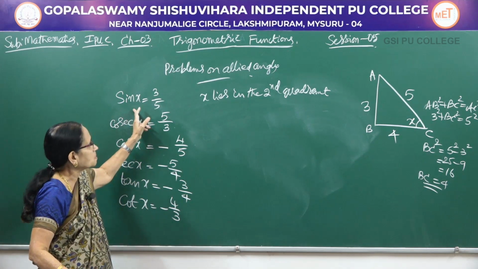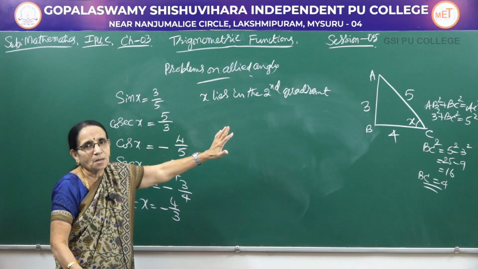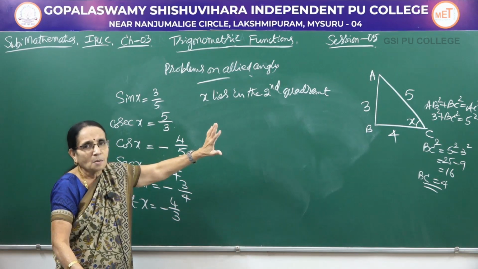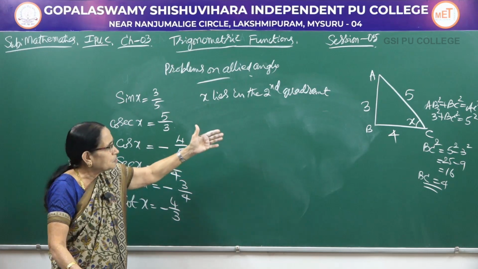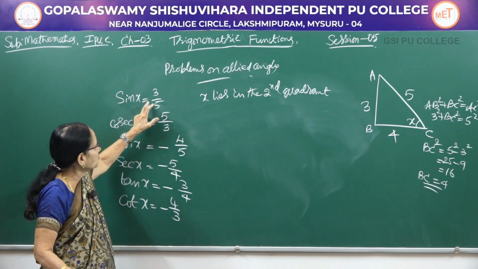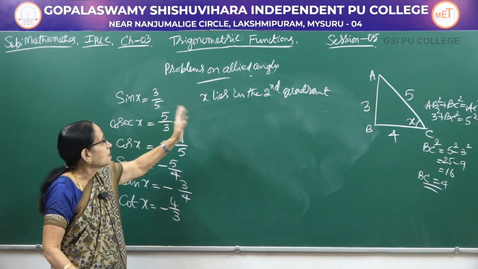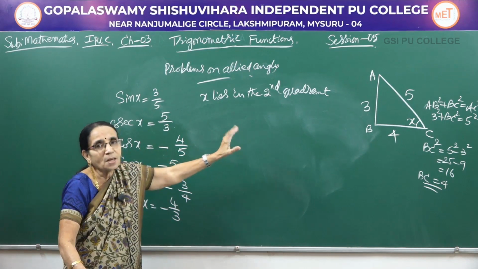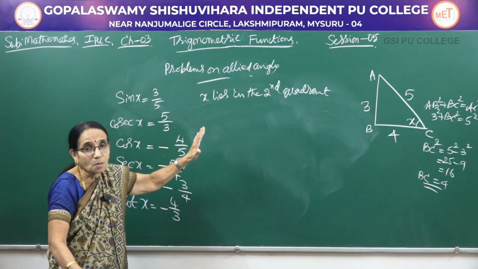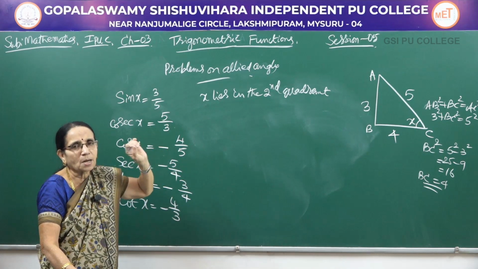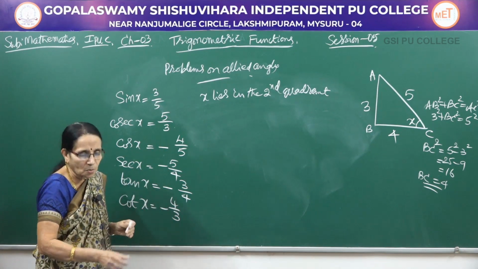So one ratio is given. Now suppose it is given as minus here. In the figure, don't write the minus sign. Of course the hypotenuse is always a positive quantity, either the opposite or the adjacent would be negative. So that may be a little bit confusing. So even if a negative ratio is given, say minus 3 by 5, and x is lying in the third quadrant, in that case also don't write the minus sign in the figure. Only looking at the angle, the quadrant and the ratio, remembering which ratio is positive or negative in which particular quadrant, you write the appropriate sign for the trigonometric ratios.